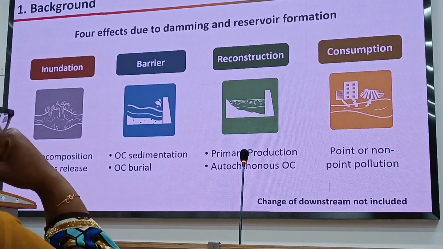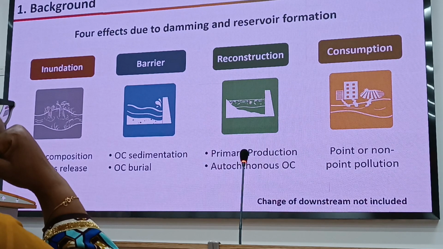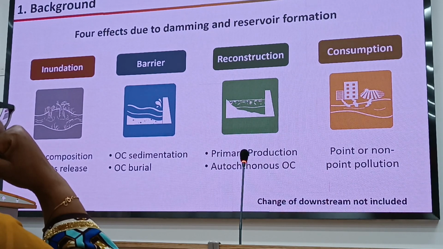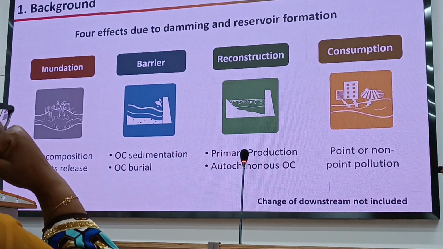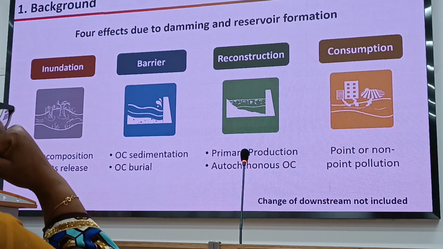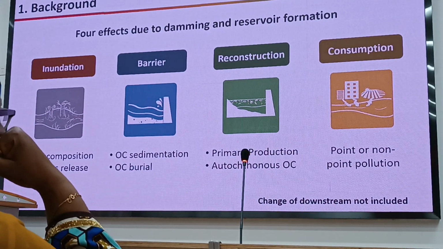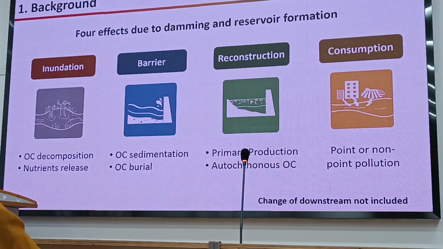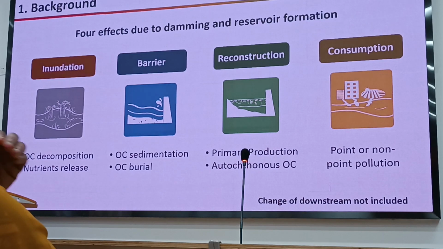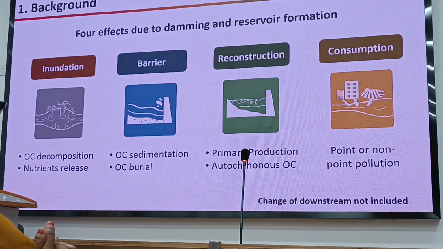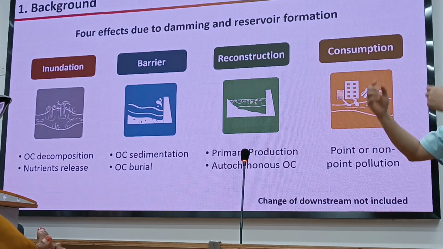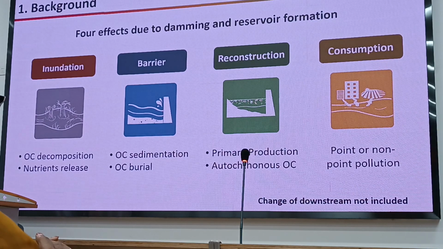So I don't know if you think about the sedimentation or sediment trap effects in the Three Gorges. Anybody has an idea of this? And also, for instance, the barrier will increase in the dams. And we also see the reconstruction of the aquatic ecosystem from a running-water type ecosystem to a lentic type, to a lake type.